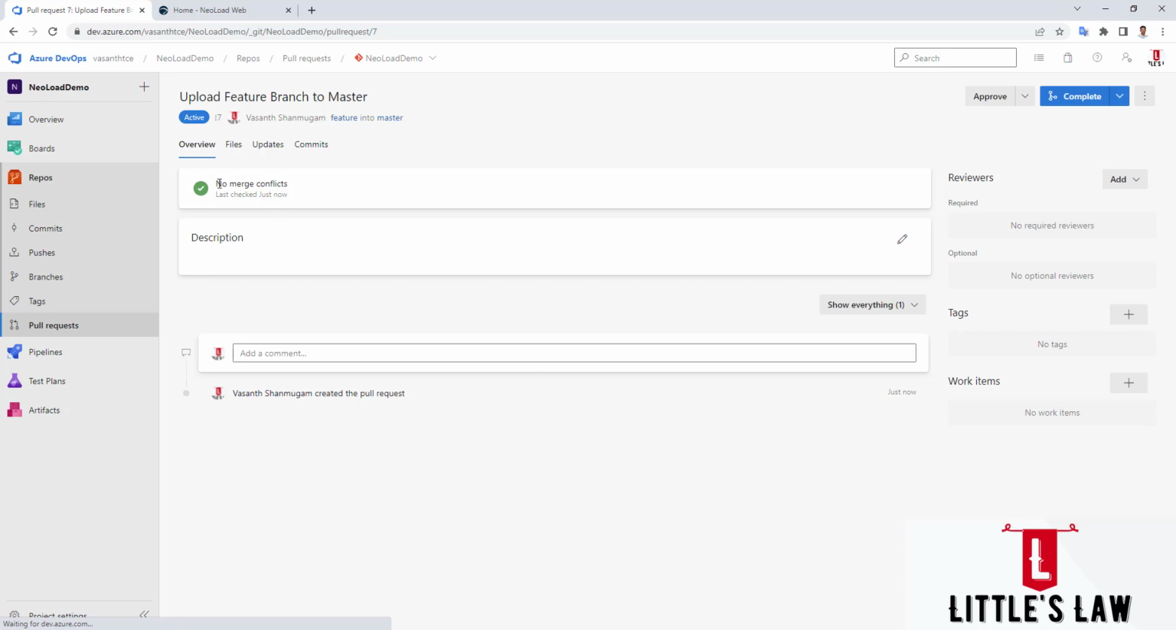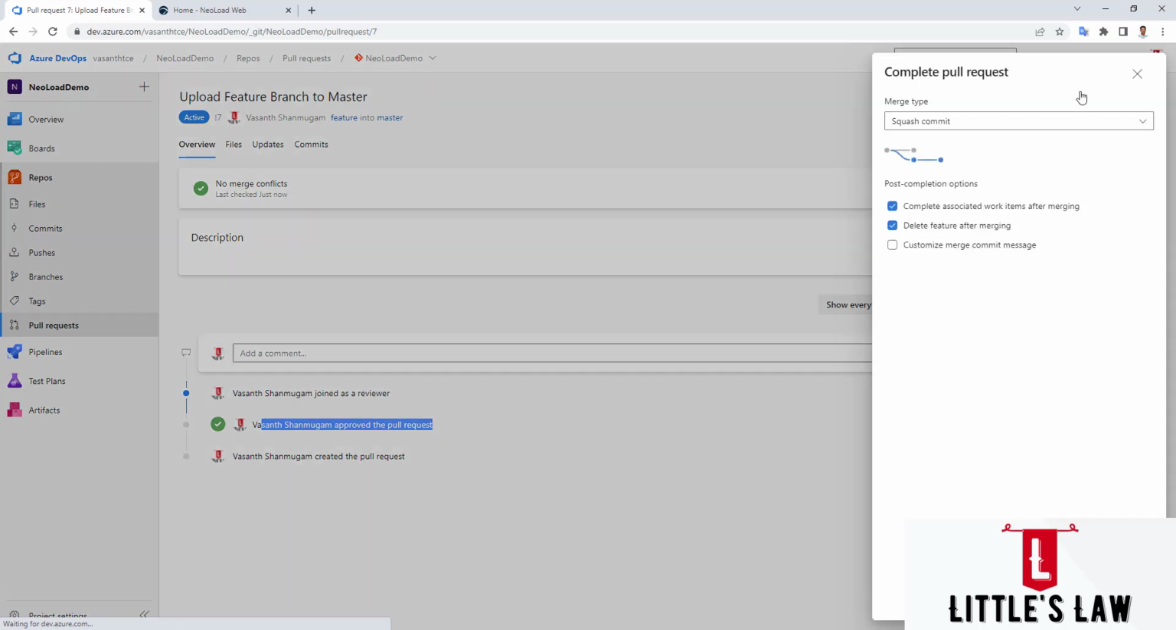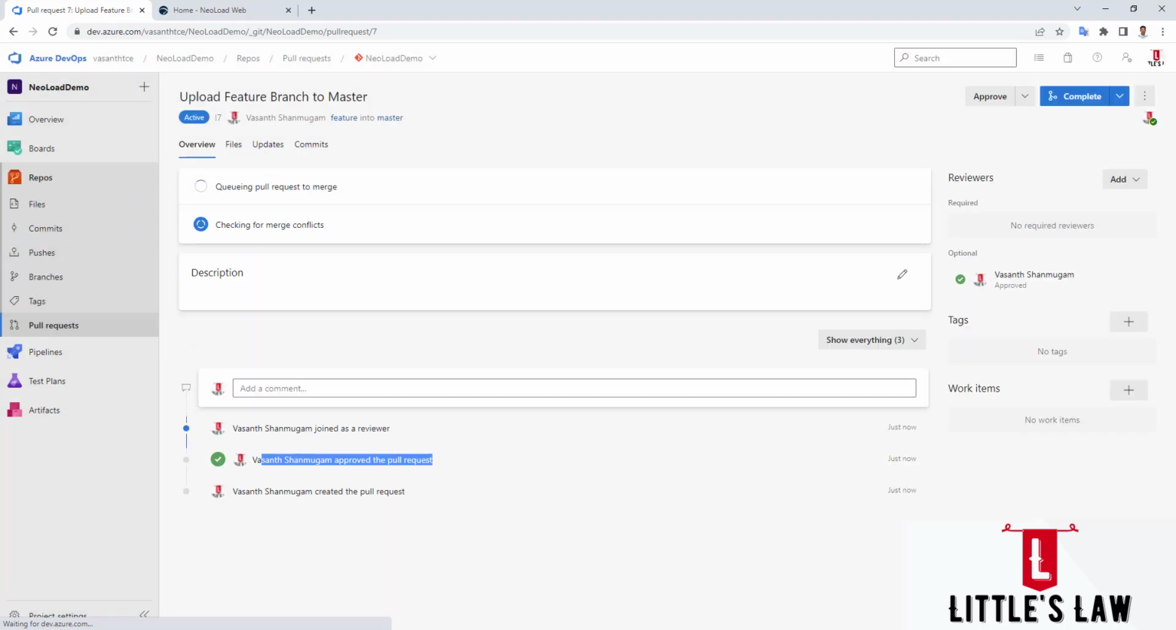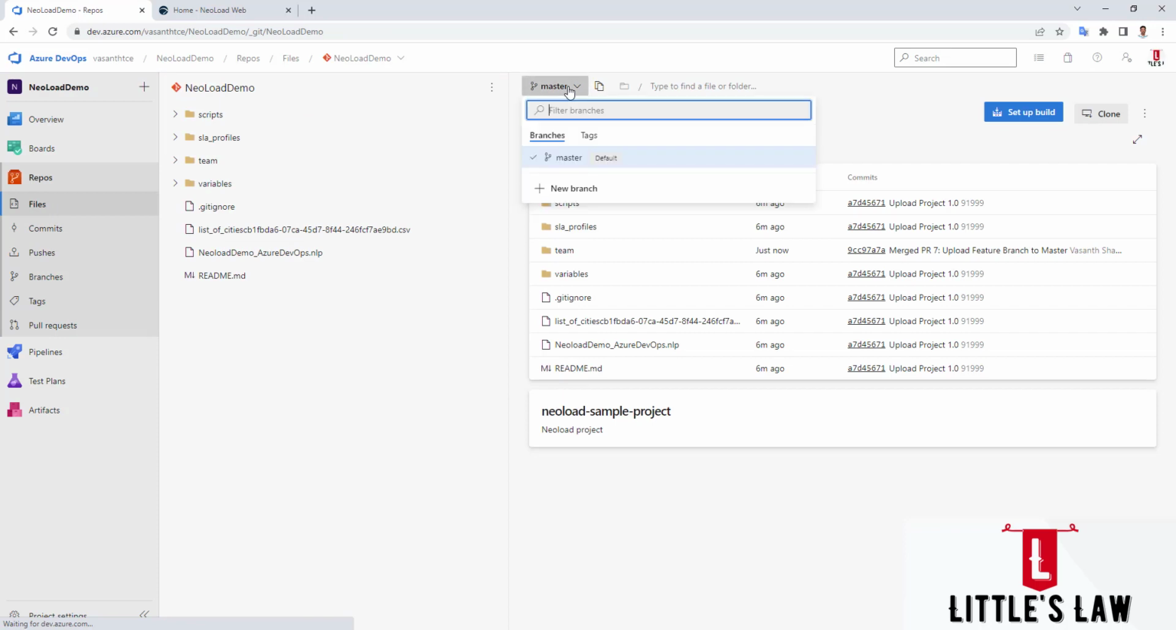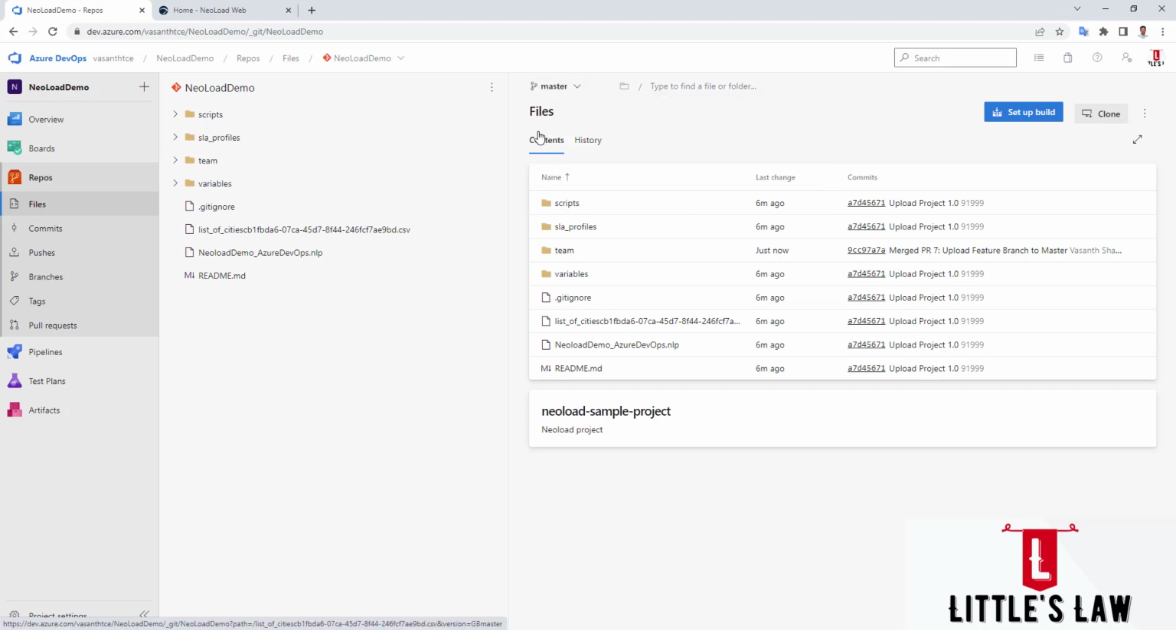And once you click create, you can see there are no merge conflicts in here, so I'm approving it, and automatically we can see that the pull request is approved, and I'm clicking on complete. And then I'm going to choose squash commit, and I'm clicking on complete merge. So once I did that, automatically the branch is uploaded. And now let's go back to the files. And since we have moved it, the feature branch is deleted now, and we have the final set of